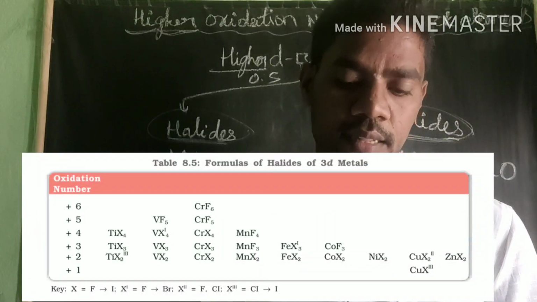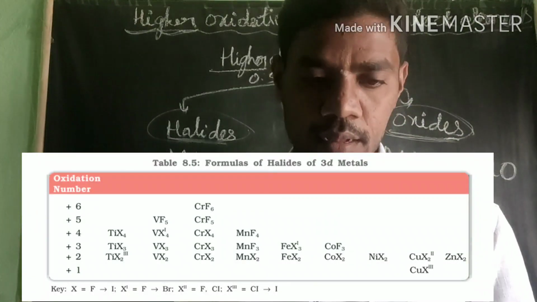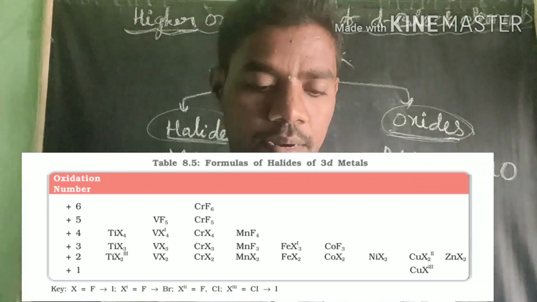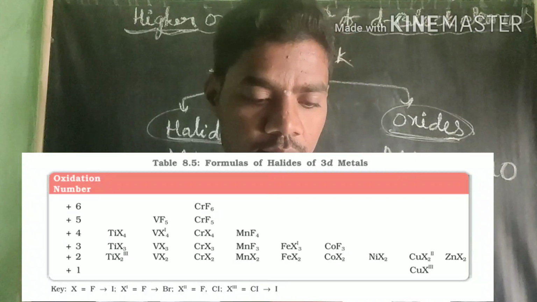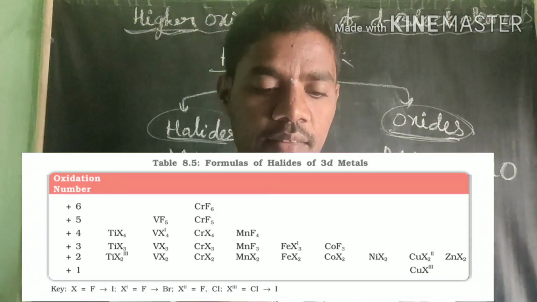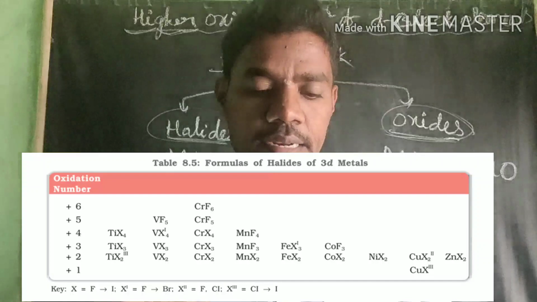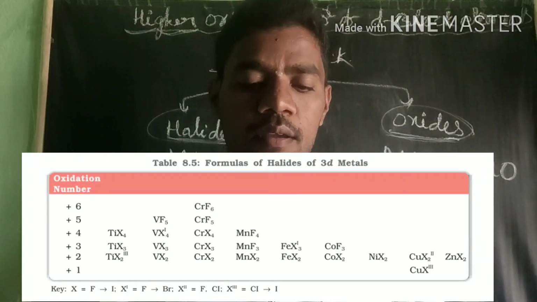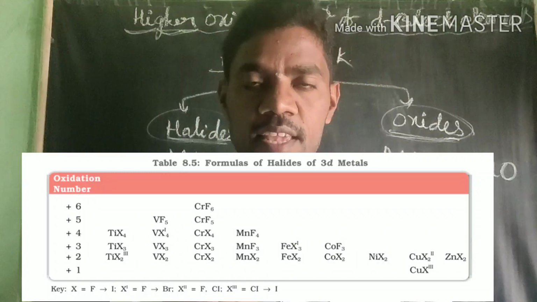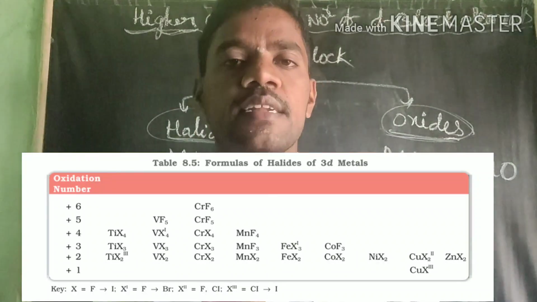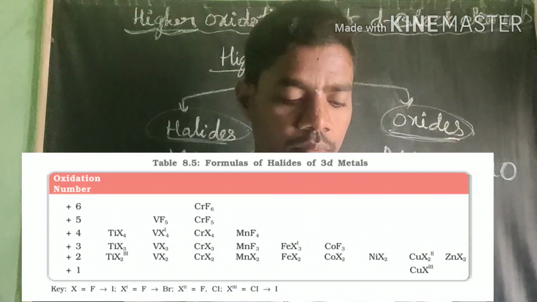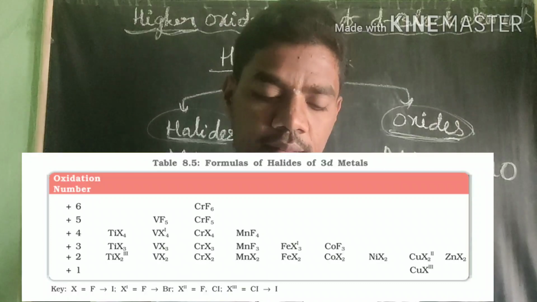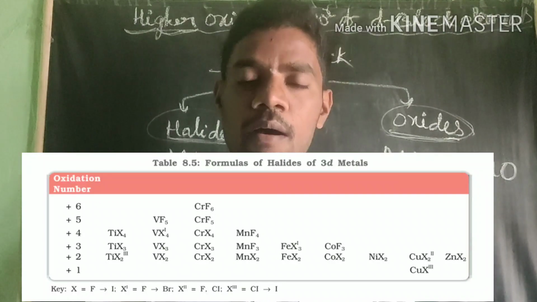The metals are first given in Table 8.6, I think 8.6. In this 8.6 they have given halides of 3d elements. In the first column is the oxidation state, and the next columns are the elements scandium, titanium, vanadium, chromium, manganese, iron, cobalt, copper, zinc. You see, in the +1 oxidation state only copper has CuX, which means copper exists in the +1 oxidation state. And +2 is in almost all compounds. You see titanium dihalides, vanadium dihalides, chromium, all elements.